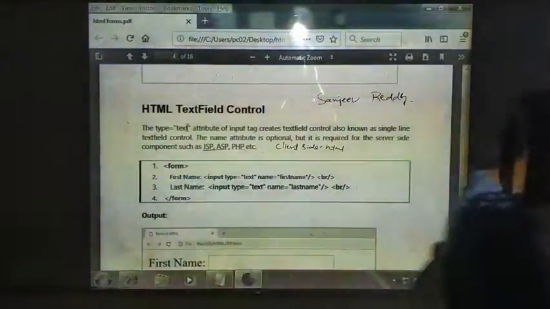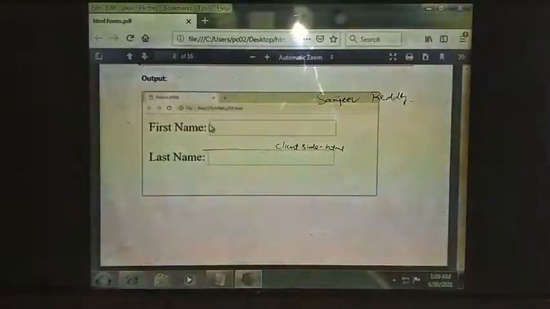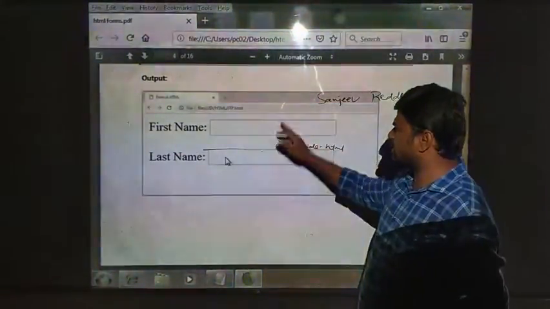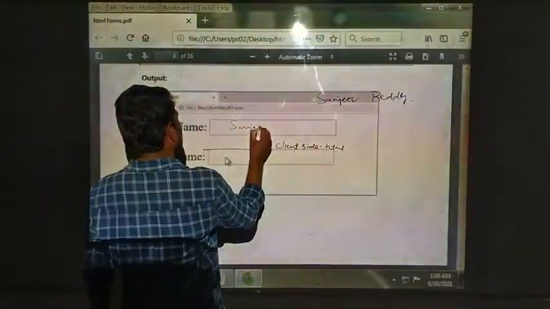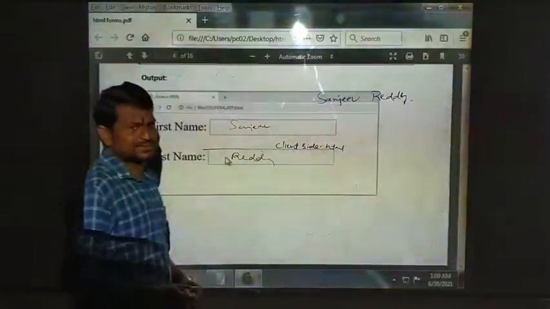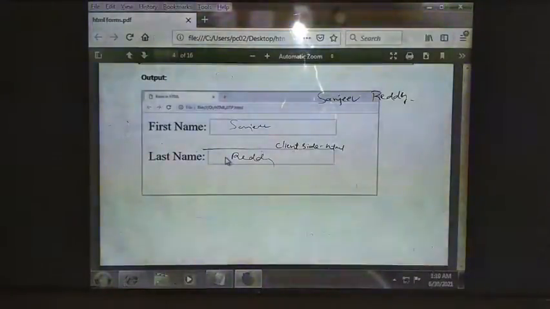You can see here now. Yes, you are allowed to give first name and last name. Whenever you execute this, the name will be in a single line. Just like Sanju Reddy, here giving Sanju, here Reddy. But the result will be in a single line like this. Now the next one.